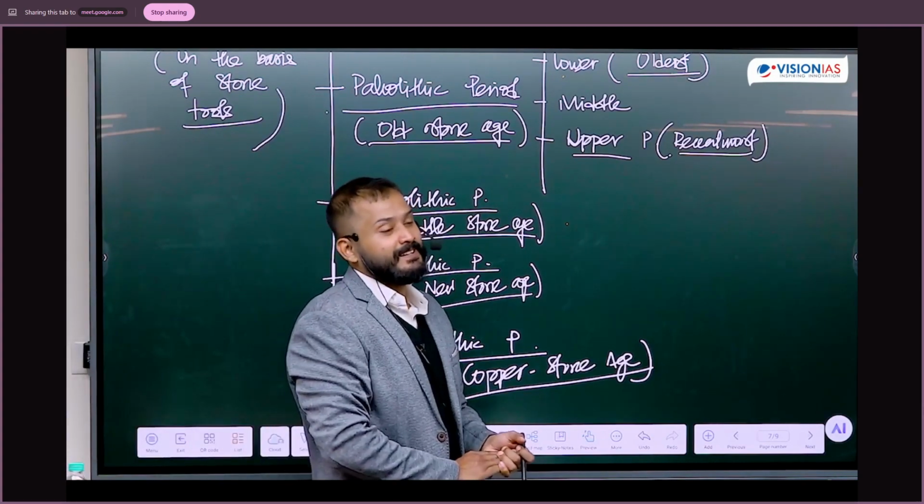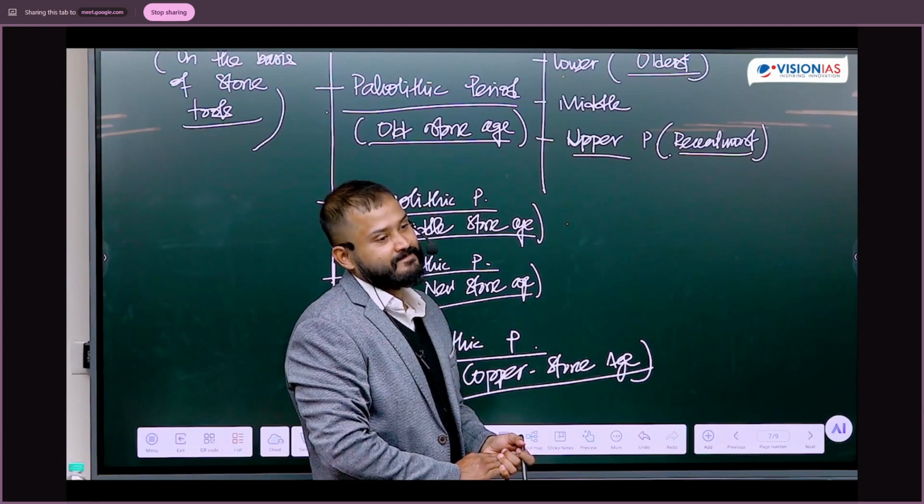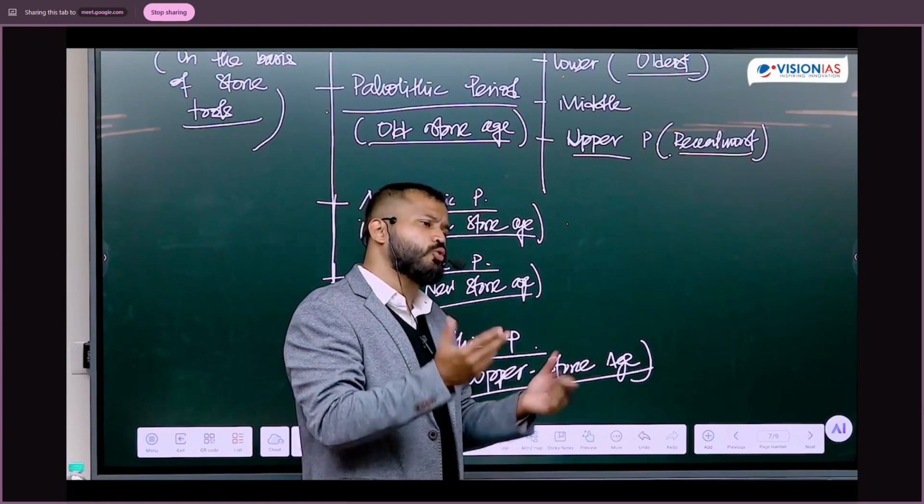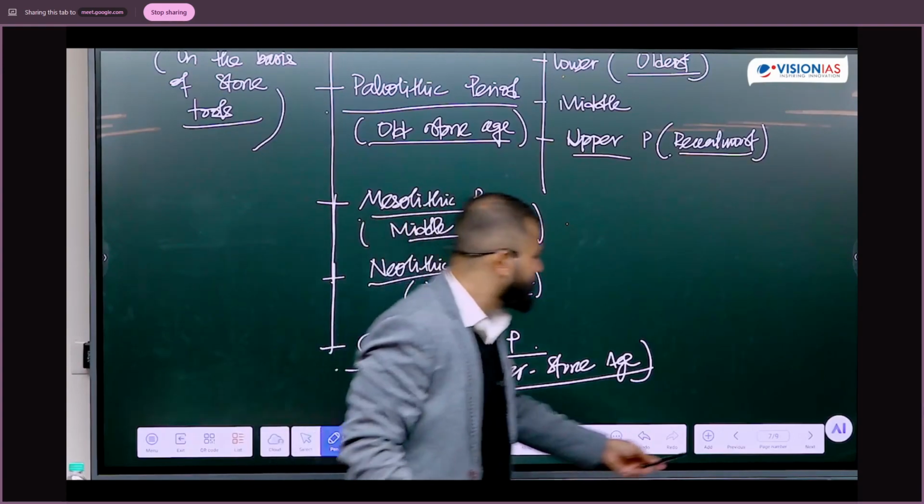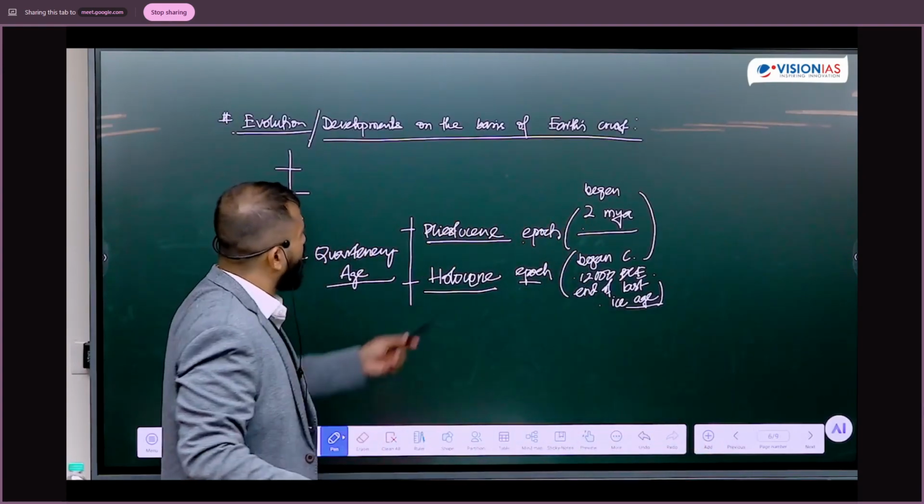Yes. Quaternary is divided into two. What is there not to understand? It's fairly simple. Holocene, there was nothing to understand in it. Holocene means, look,